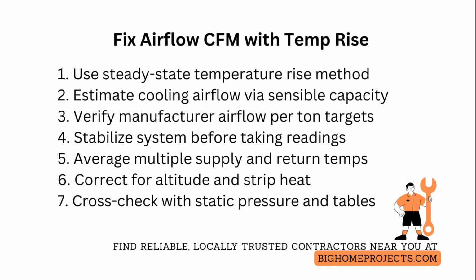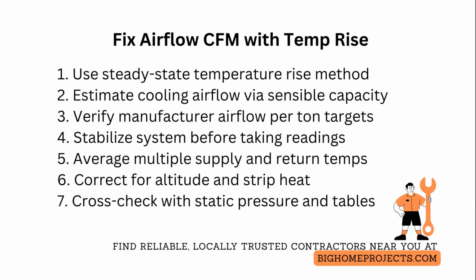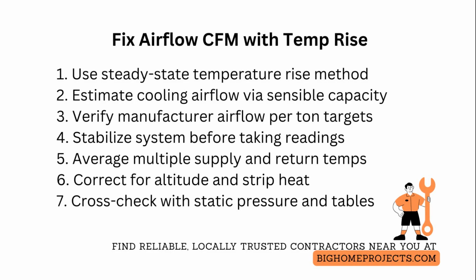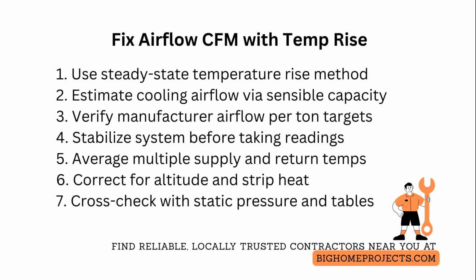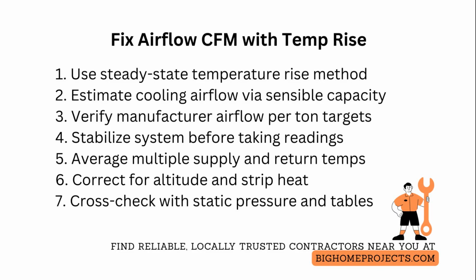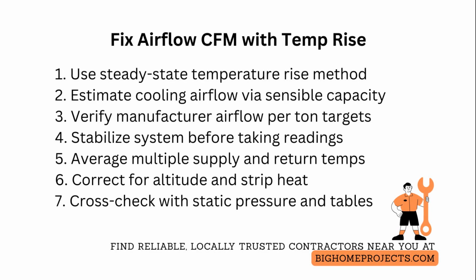For cooling, use sensible heat capacity by measuring dry bulb split across the coil plus total electrical power to estimate sensible capacity and convert to cubic feet per minute. Target airflow per ton is usually 400 to 450 cubic feet per minute in cooling climates and 350 to 400 in humid climates, but verify the manufacturer's table because some variable capacity systems want 300 to 500 depending on dehumidification